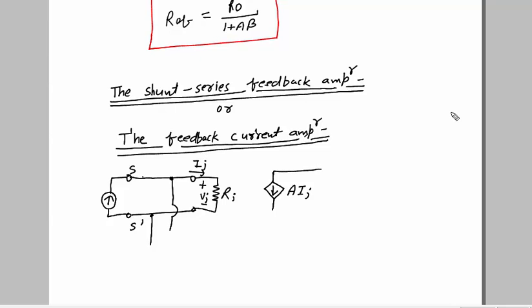Then we represent the output resistance of the main amplifier, R0, and this is connected to the terminals O dash. Since we are talking about current here, we are going to make a short circuit here. So this current is I0. It means here A is the short circuit current gain.